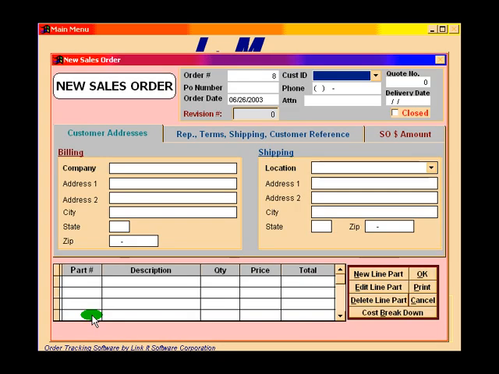When we click on the New button, we're taken to the New Sales Order screen, where we can simply select the customer we're creating this new sales order for by clicking on the down arrow next to the Customer ID area, picking the customer. Their information all drops in here, and then we can create new line items on the sales order by clicking on New Line Item and developing the cost breakdown from the cost breakdown worksheet that is exactly like in the quotation area. So as you can see, a sales order can be created without having to go through the quote process. I will now click on Cancel,